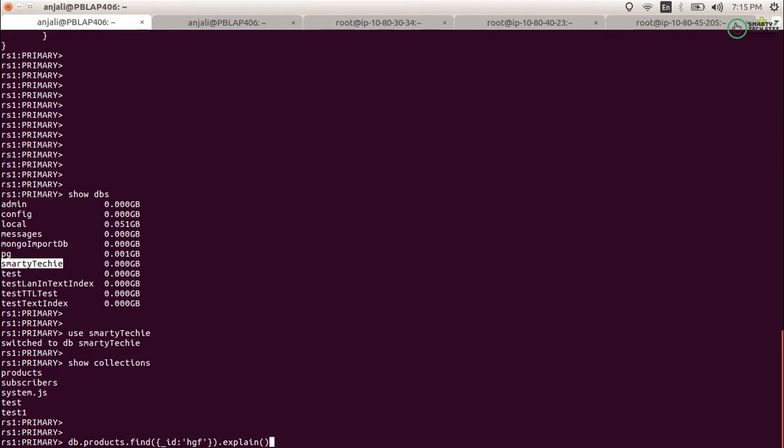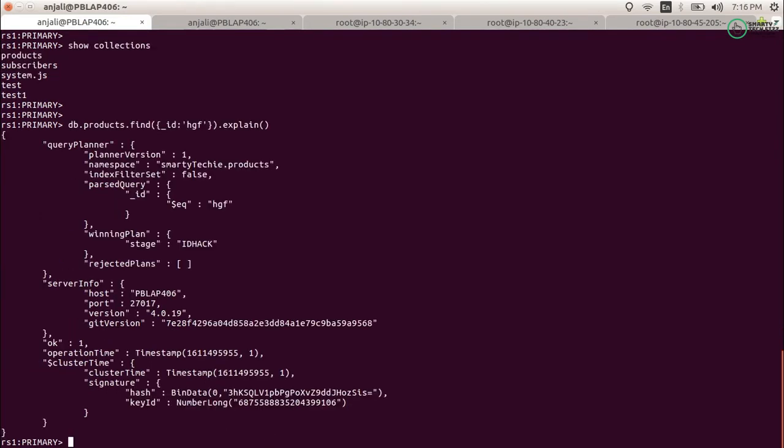It will provide you the query planner for the query running on your MongoDB. What is the planner? While creating indexes, I have already explained about the query planner: what this query is going to take, whether it is using any indexing, whether it is using a collection scan. If it is a collection scan, then it will be an alarm for you, and you have to create an index. If it is not using the index as per your understanding that it should use, then you may have to modify your query, or provide a hint to your query. So you have to do many things while examining this.